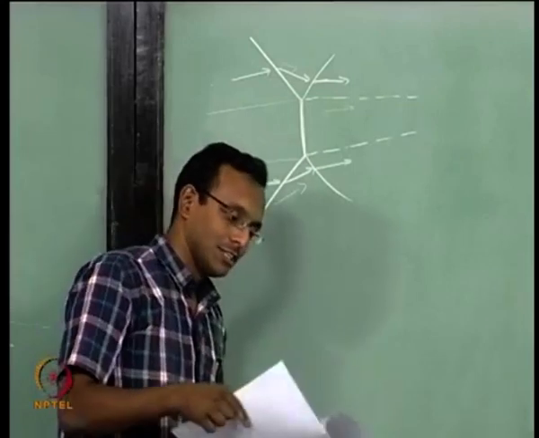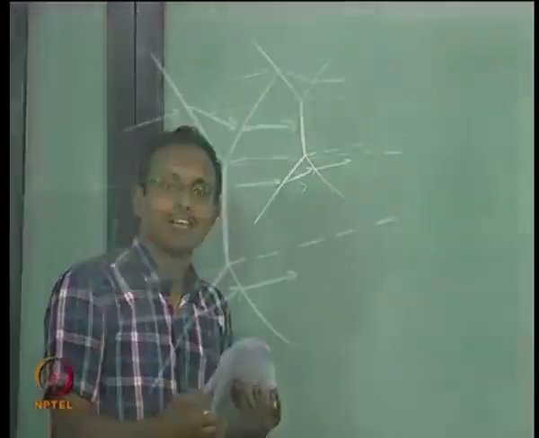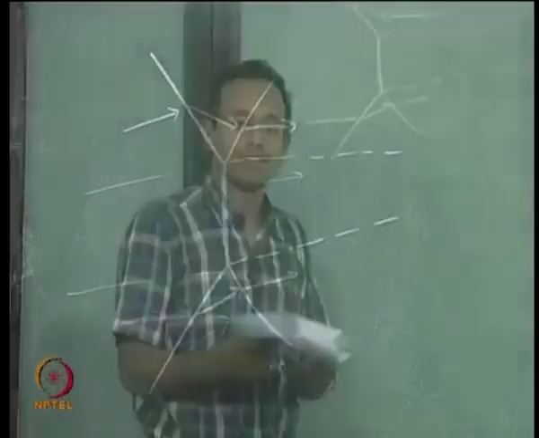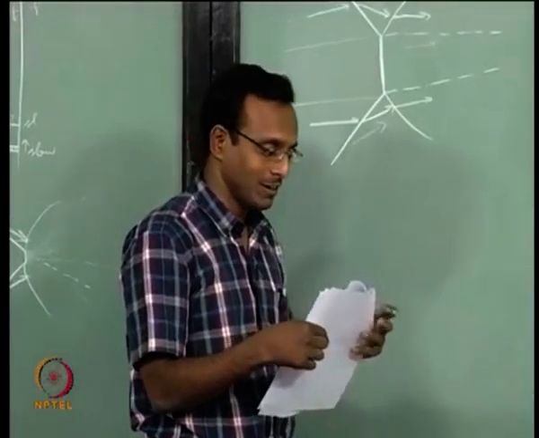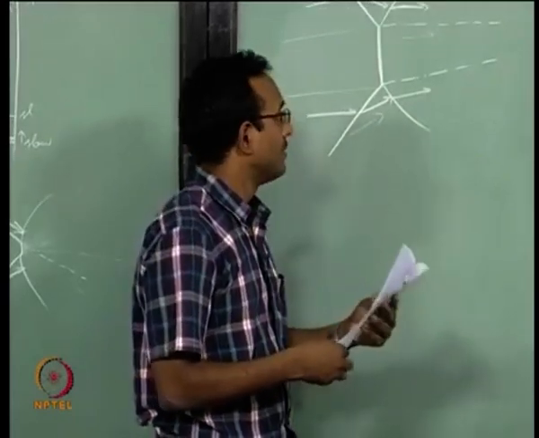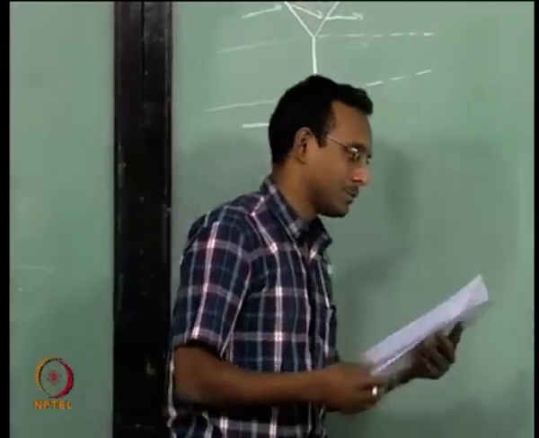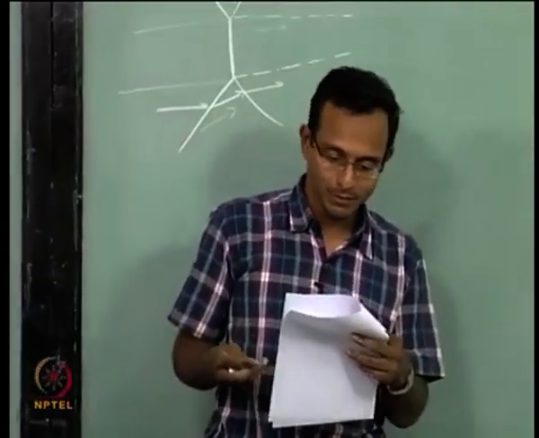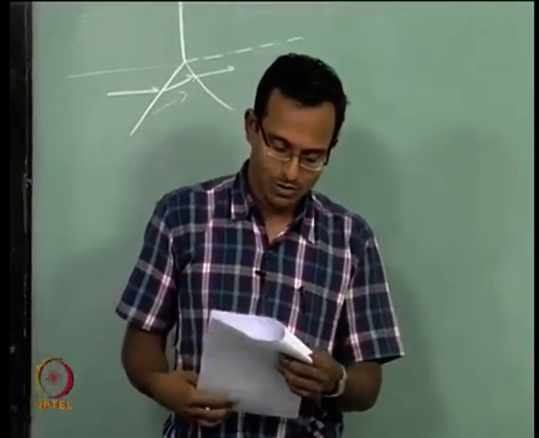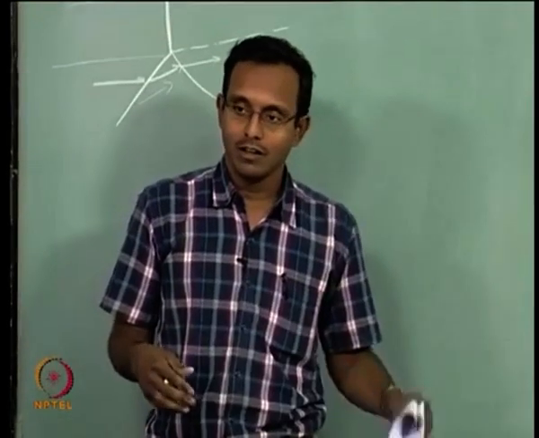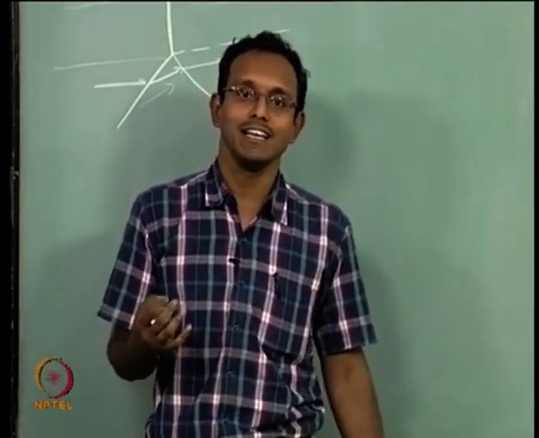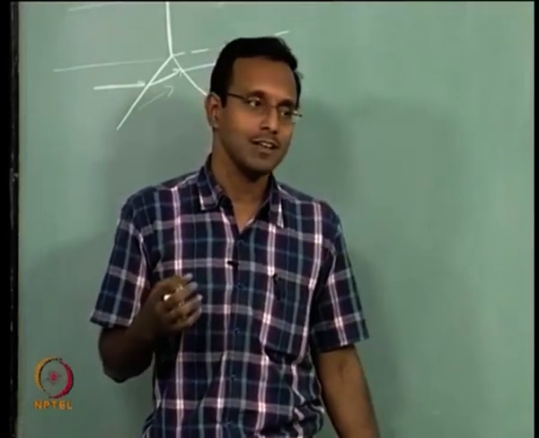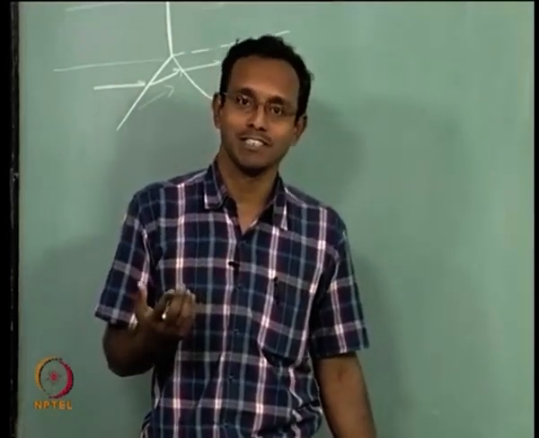With this we will stop oblique shocks for now. Later we will start solving flow fields in different flow situations, okay. Individual problems we will take and solve, but currently we will switch over to expansion waves in compressible flow, okay. When we go to expansion waves in compressible flow, it is not exactly a straight opposite equivalent of a shock in a compression world, okay. Shock causes compression, expansion is the straight opposite.